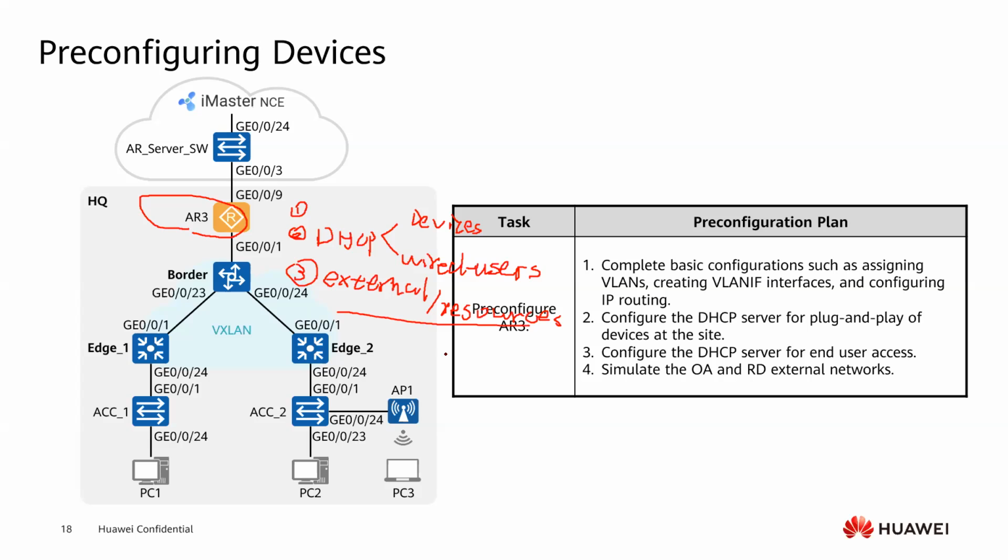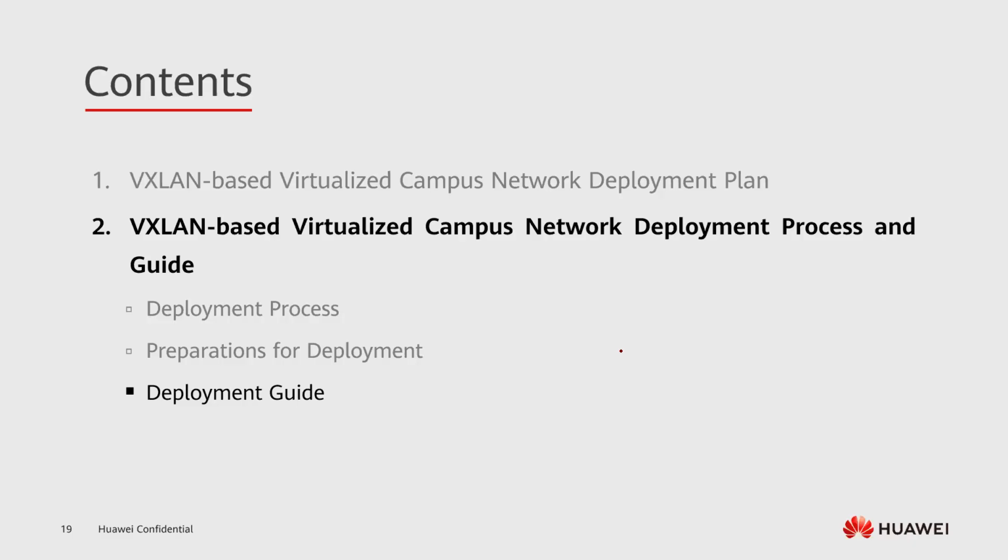For these two parts, we use them to be accessed by the different VNC users. So you need to do some pre-configuration on the AS just to provide these functions. This is the preparation for the deployment. And after that, we just use the controller to manage all of the devices, and then to